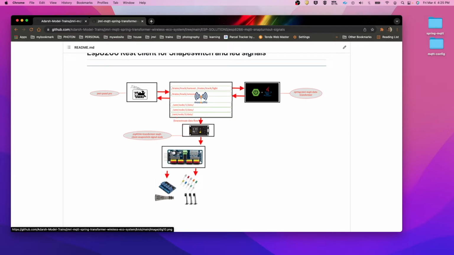What it's going to do is, JMRI will push data into MQTT, and the Spring Transformer will get the data, massage it, and send it back to the node-specific topics. Our ESP8266 will grab the data from the topic, interpret those commands, and send signals to the PCA 9685 board for driving relay switch based snap turnouts. And we can configure lights also.